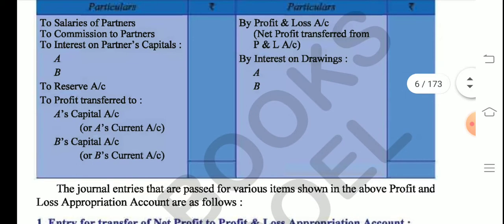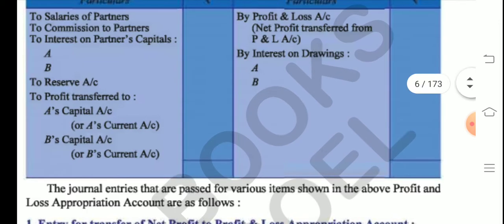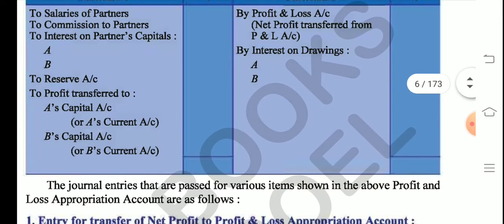Let's say the reserve was 1 lakh rupees, so 50,000 was utilized and 50,000 is still in reserve. So now the partners are going to divide the rest of the 50,000 among themselves as per their partnership ratio. Suppose their partnership ratio is 2:1, so they'll divide that remaining 50,000 among themselves in 2:1.